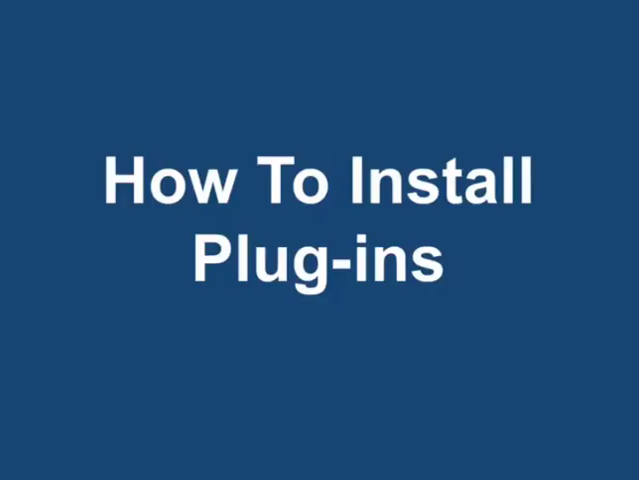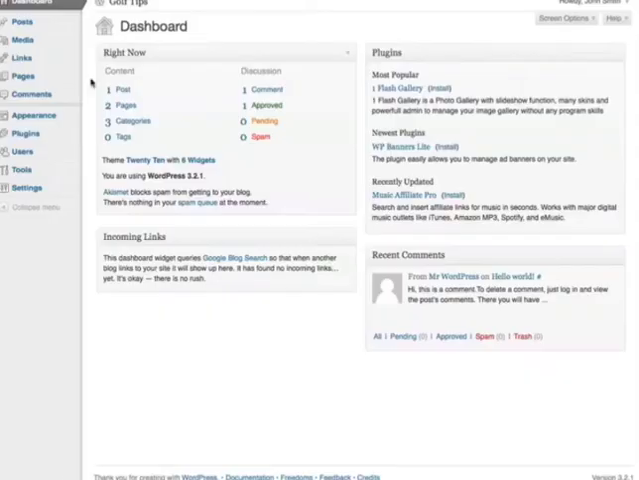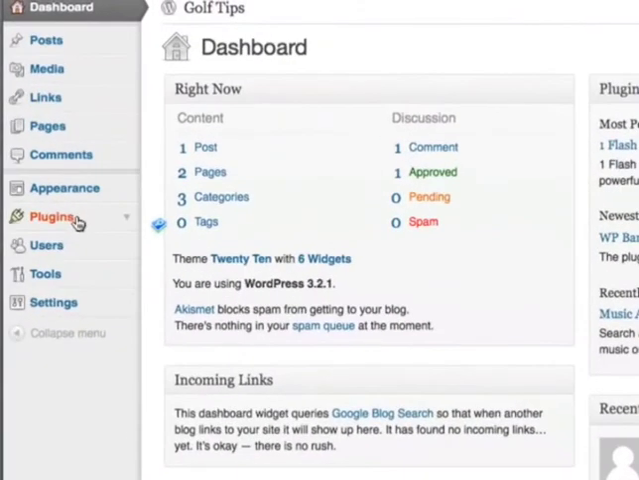How to install plugins. Plugins basically enhance your WordPress blog with more features, tools, and options to give it more flexibility. There's a range of plugins you can install, such as plugins which optimize your blog for search engines, and plugins which make your blog more user-friendly. So to install plugins, all you need to do is log into your WordPress dashboard, click on plugins, and in